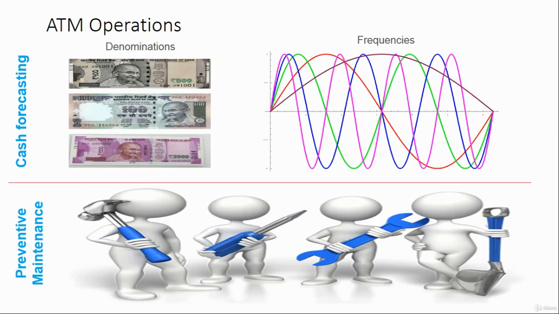In case of ATM operations, cash forecasting has been used for a good number of years. It detects everything, for example if there is any festival, how much cash needs to be loaded so that the ATM does not run out of cash, plus how frequently it should be loaded so that the minimum number of visits is required and there is maximum utilization of the ATM machine.